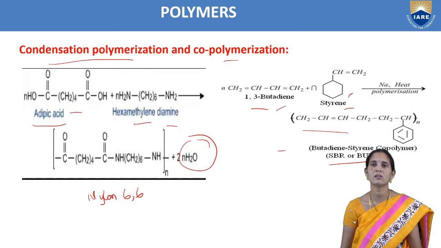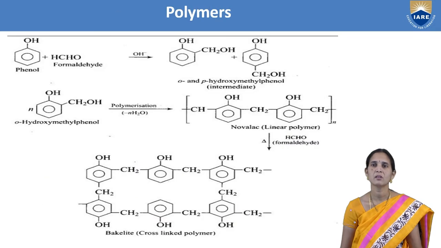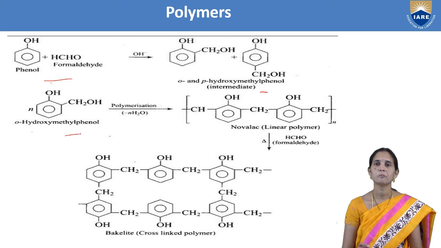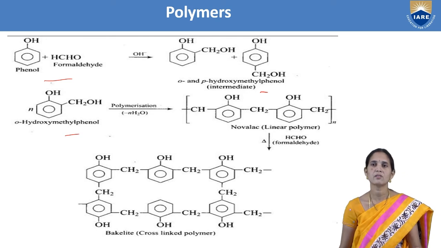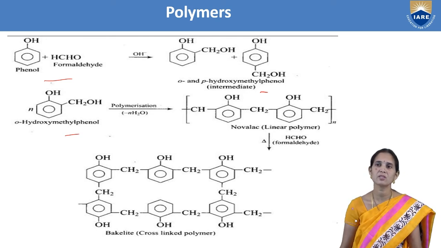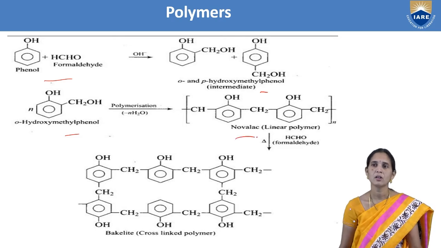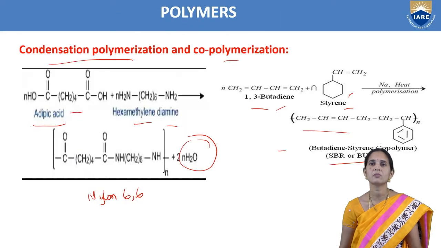So we have to write here the preparation. We can take phenol and formaldehyde. So we will get ortho and para hydroxymethyl phenol. To the ortho hydroxymethyl phenol, when we are going for polymerization process, we get a Novolac structure. So to the Novolac structure, again we will add formaldehyde and we will add hexamethylene tetramine. And when we are going for polymerization process, we will get the bakelite, that is the polymer material we are going to prepare. It is a cross-linked polymer. So that we have to write.